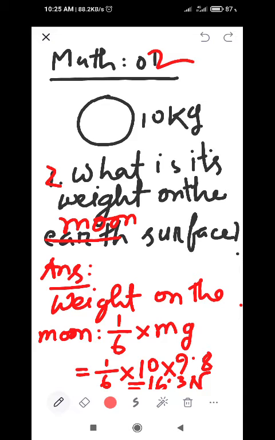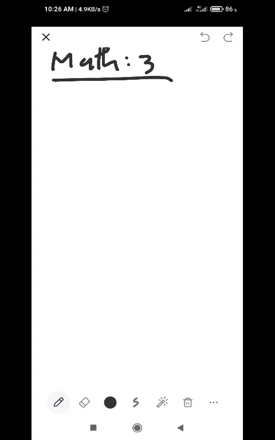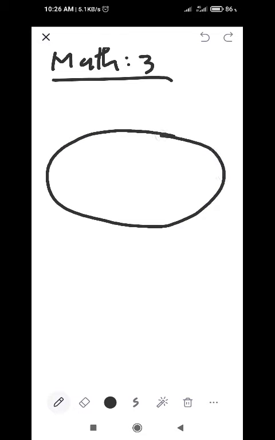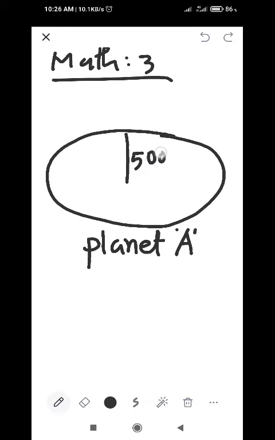So math 2 has finished. Now math 3. Planet A, and its radius is 5000 kilometer radius,